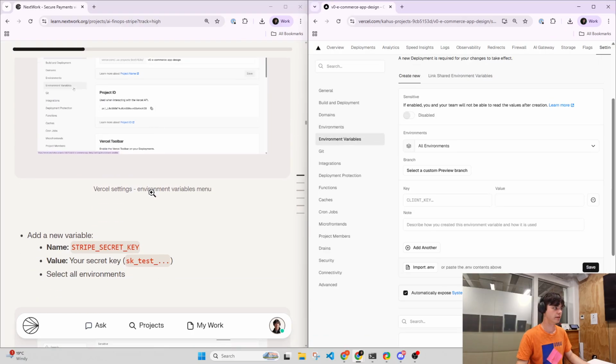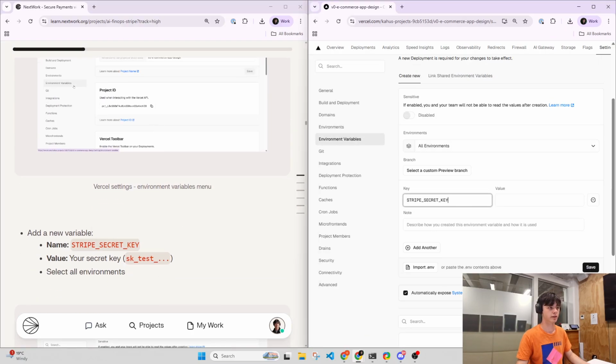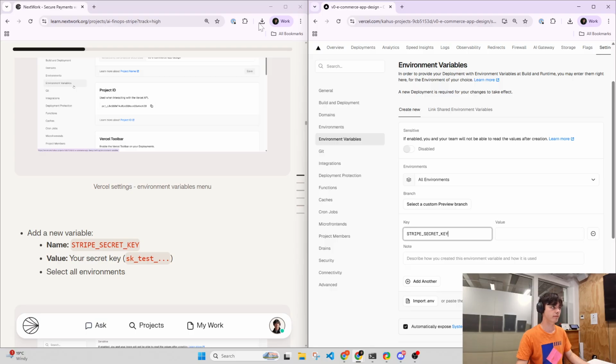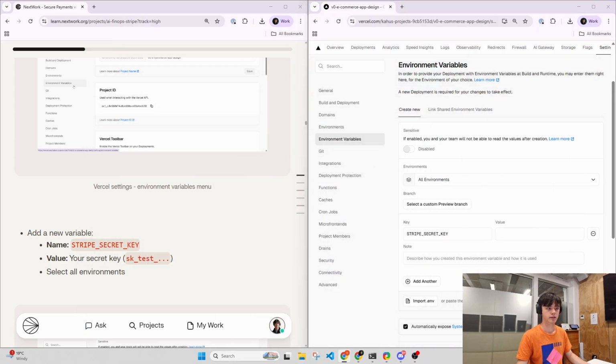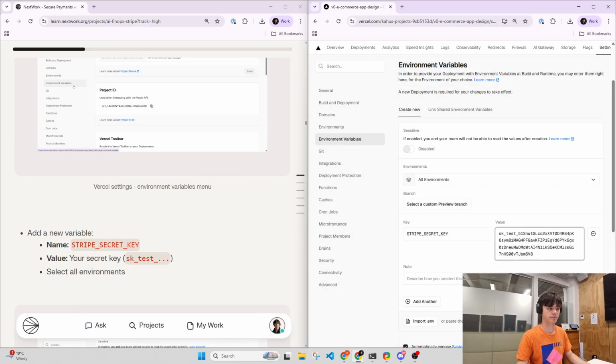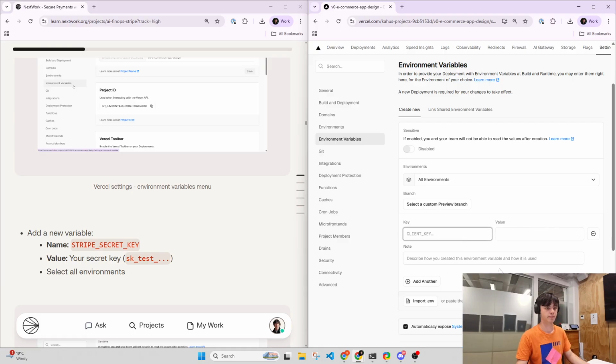So if we go back to the dashboard we had here, and I copy that Stripe secret key, and I paste it in there, and I save that. That's saved, so that's now linked to, well, as you can see in the bottom right, I'll explain